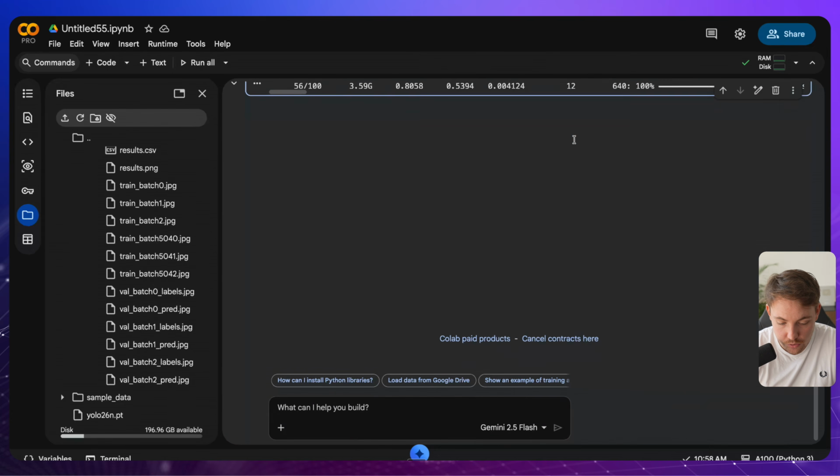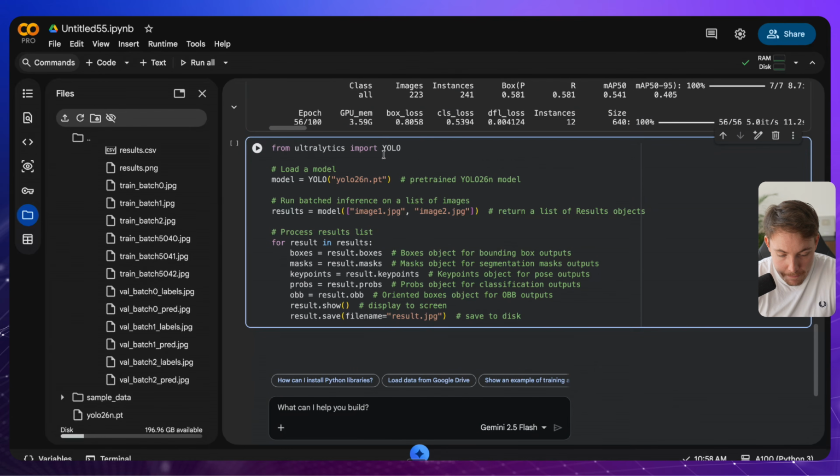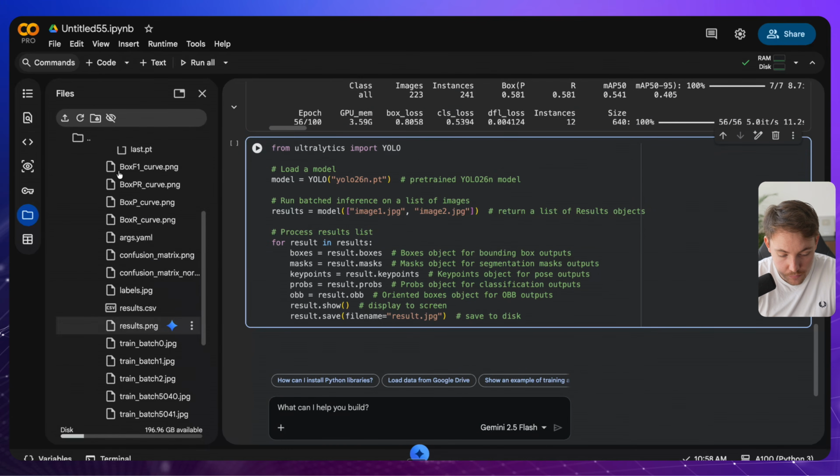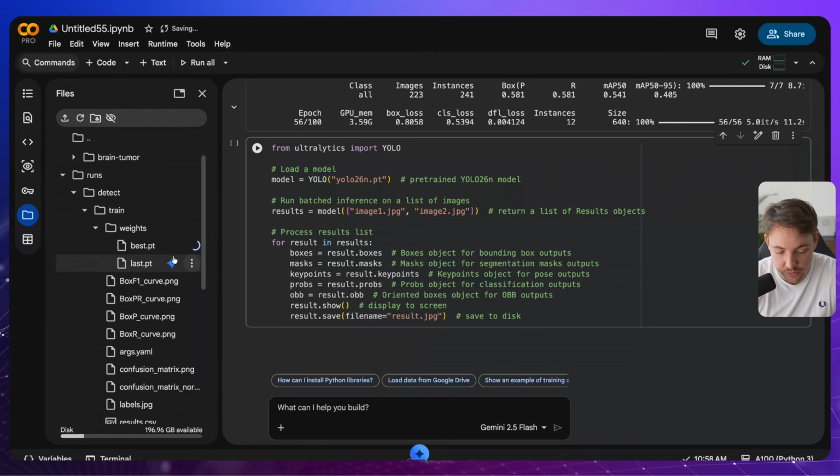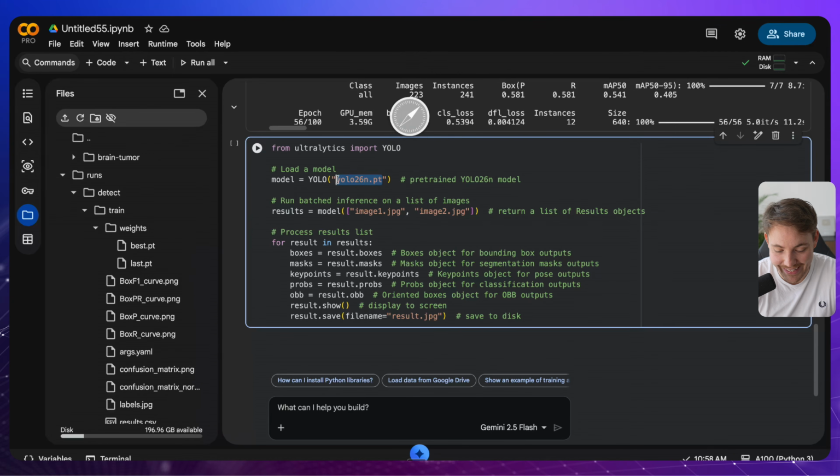Let's try to run it on our own image. So from Ultralytics, we can import YOLO. You can download the best weight, so just download it. It will download to your computer, and then you can use it in your own applications and projects. Then you just need to paste it in here. This is all you have to do, and you will be able to use your own custom model. So first of all, here in our model,